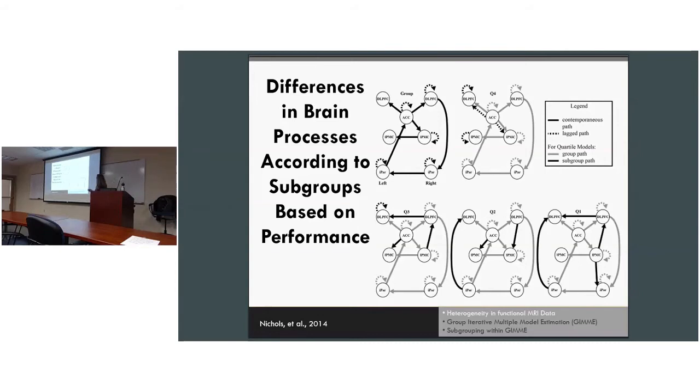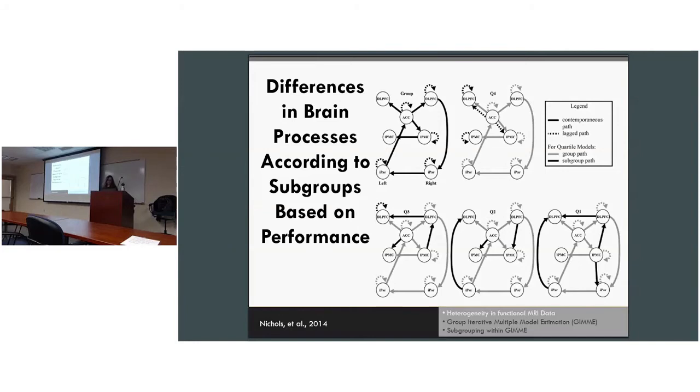So we graded them out because everybody had the same path. But then we saw that with the upper quartile, the best quartile, people who performed the best on a working memory test, they had fewer paths in addition to the ones that were found in the group, whereas they got worse and worse, they had more paths. And I didn't depict here the individual level paths, but when we did, quartile 1 had the more individual level paths, so they varied more from kind of this canonical